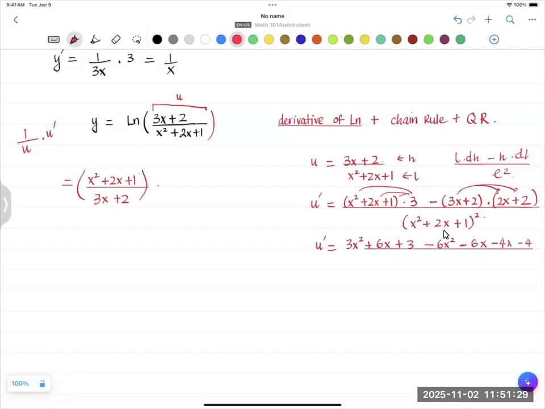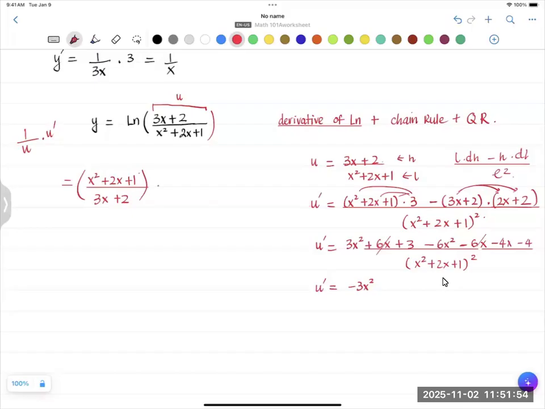Okay, and now all over x squared plus 2x plus 1 squared. I see some people will expand the denominator. Try not to. When you apply the quotient rule, just leave it in factored form. Okay, and then u prime will be negative 3x squared, 6x and 6x is gone,